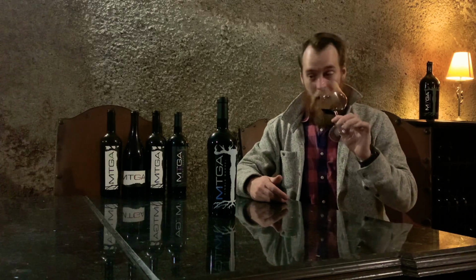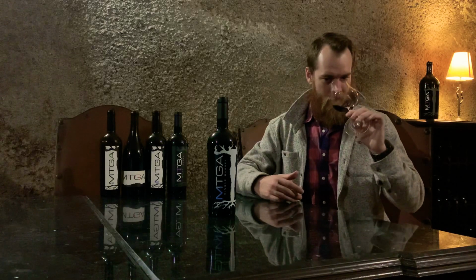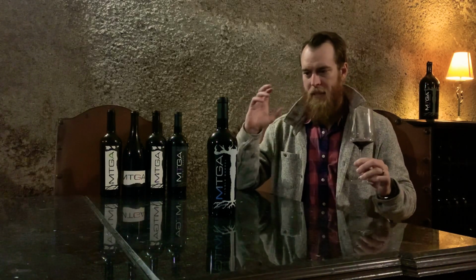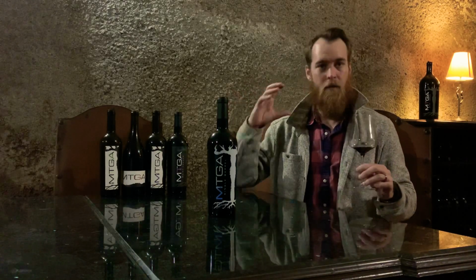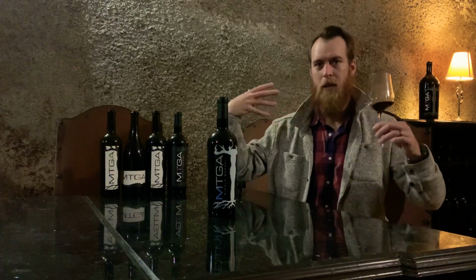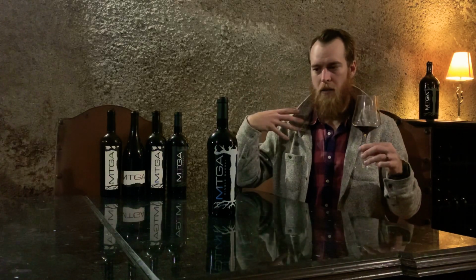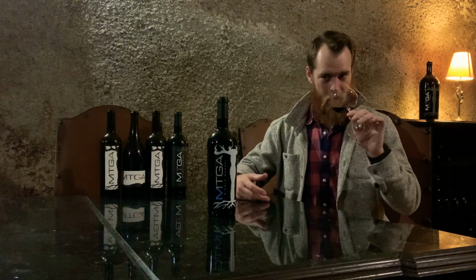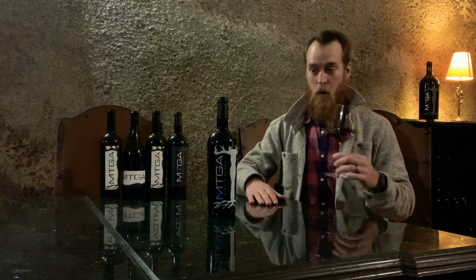Now, the characteristics themselves, you get that really nice toastiness right out of the gate. It's going to be those chocolatey, caramely, vanilla, some nutty characteristics in there from the barrel aging. And with the intensity of the new oak barrels, that totally makes sense. That's exactly what we're looking for. We want this to be a nice, big, warming wine, something that just has that kind of yumminess to it. But behind all those characteristics, even though those are generally the most prominent, especially with this wine at a young age,